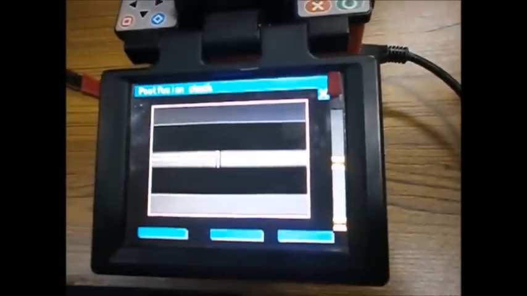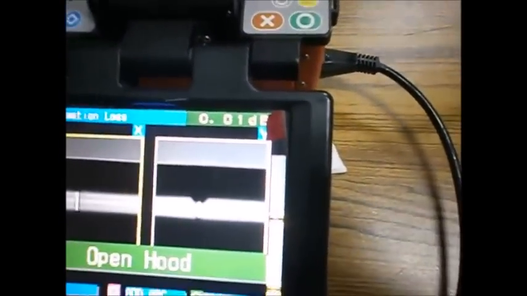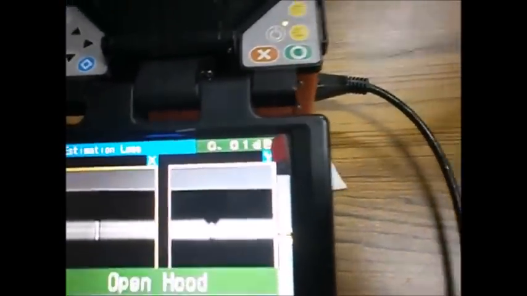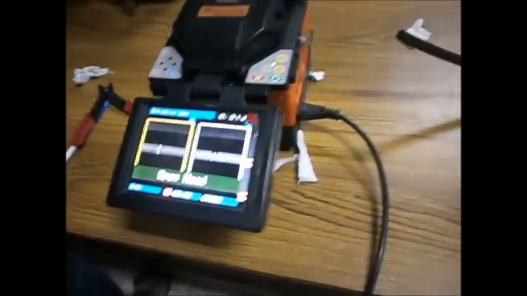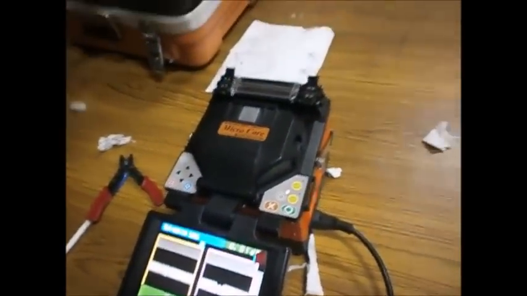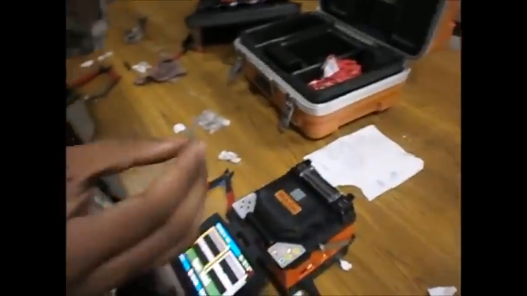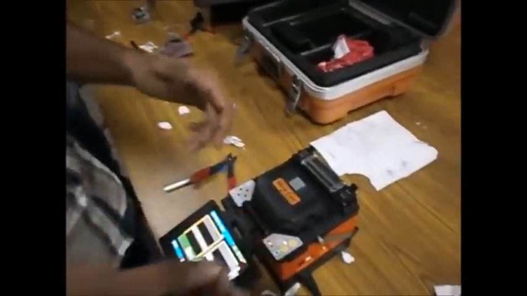Here is how the joining of the fiber works. Here you can see fusion splicing. Okay. It is an error of 0.01. It is good. Now we are joining the fiber. We are supporting it with the sleeves. Here we are entering sleeves. These are called sleeves, which are used to close the color coding which we have opened earlier.